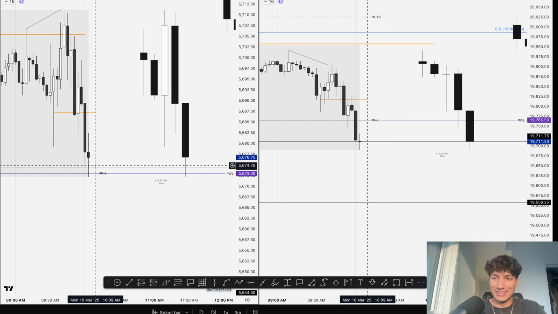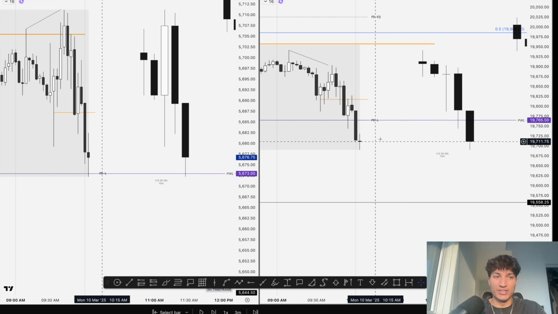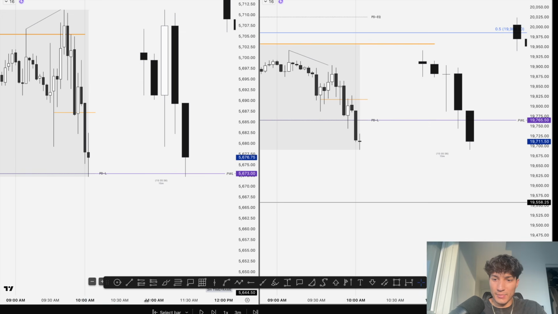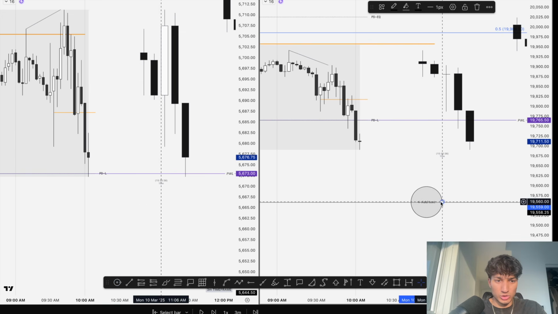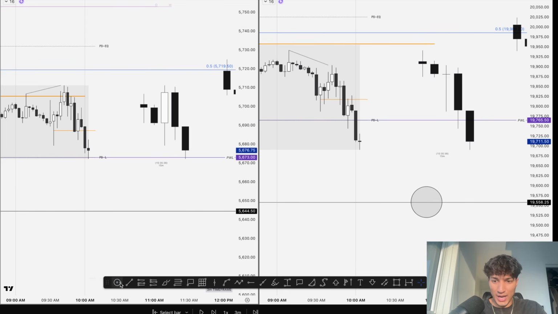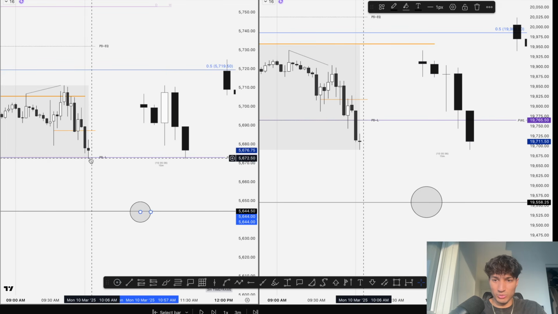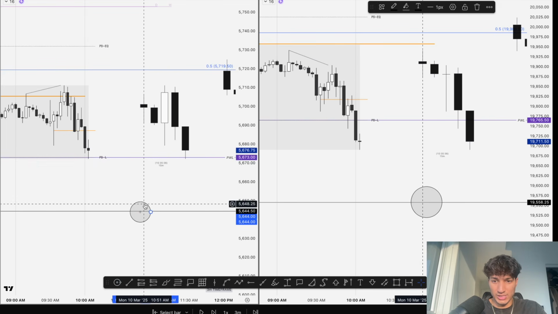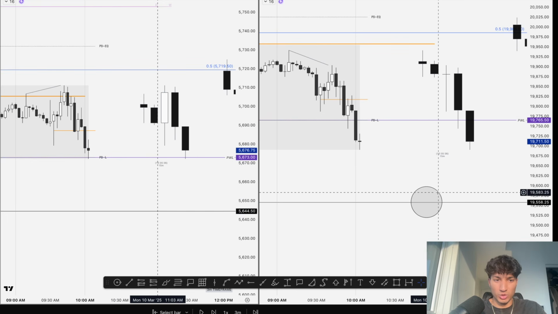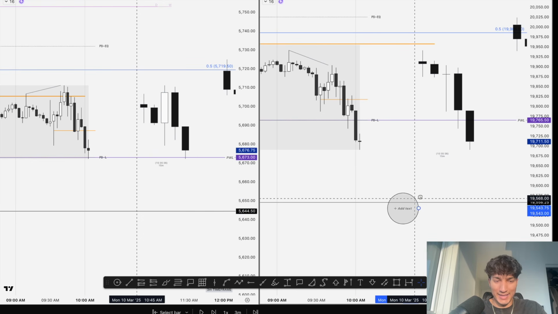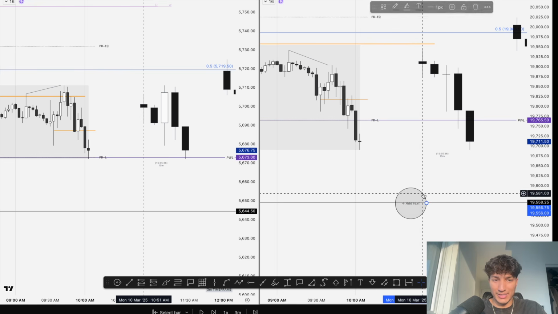As you can see, the divergence is invalidated at this liquidity pool and previous week low. So my eye immediately draws to my next draw on liquidity. I now can say that price has not reversed here with significant divergence. Therefore, if it is going to reverse, it will reverse lower at a new higher time frame PD array, and